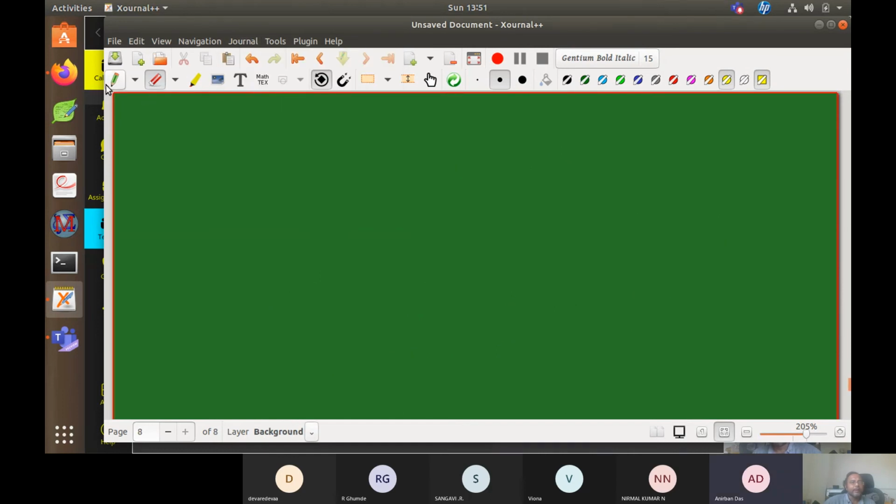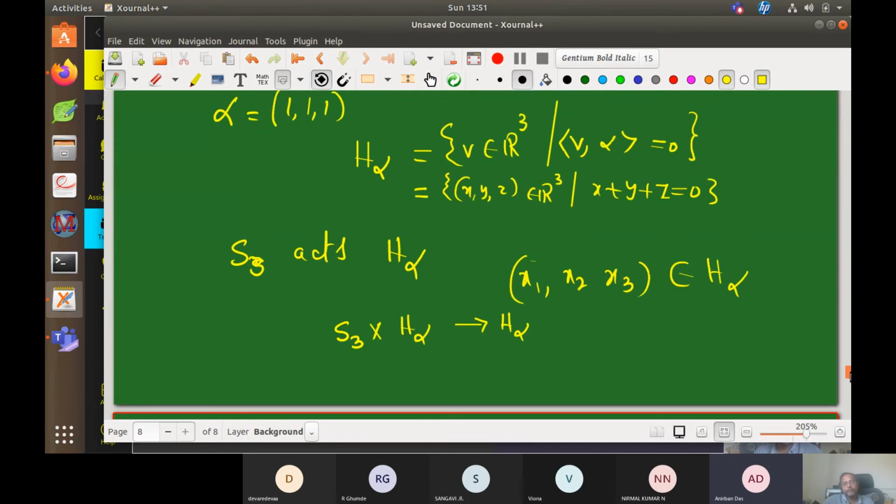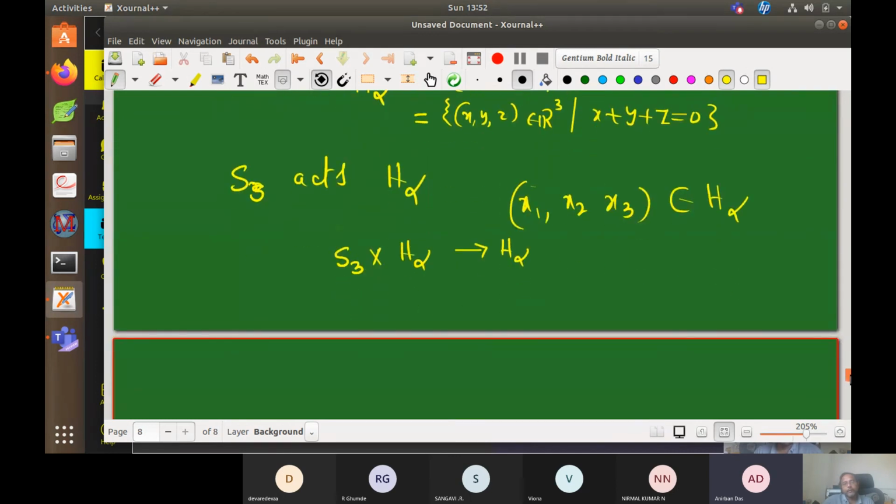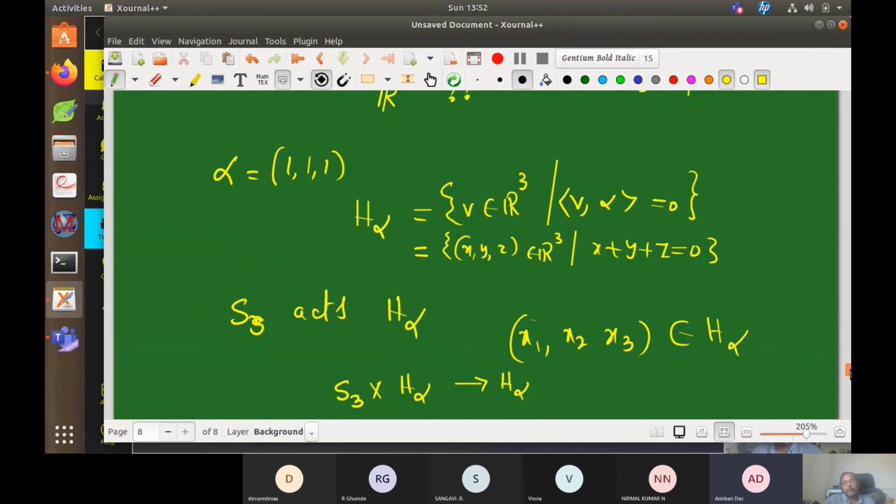But since there is discussion, yes. We can say this is true because this polynomial is a symmetric polynomial. X1, X2, X3 is an elementary symmetric polynomial. That is another nice observation you made. If I interchange X1, X2, X3, that is exactly that symmetric group. The group everything came because of Galois, rotating the roots and other things, right?